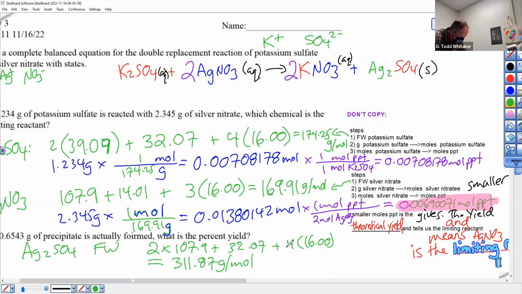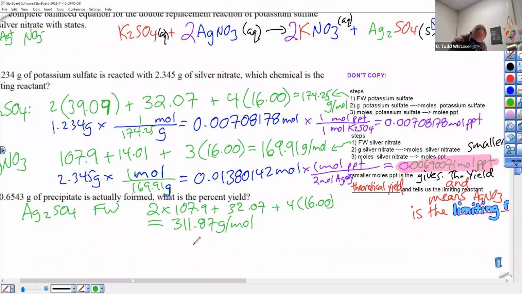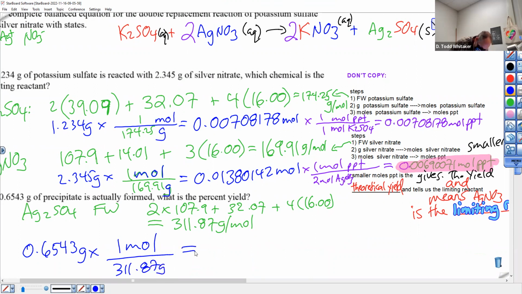She liked going to moles on the gram. So you take your 0.6543 grams times 1 mole, 311.87 grams. Give me a number for that. You're going to get a very low percent yield. It's okay. How many moles do we get? 0.00209. And that is the actual